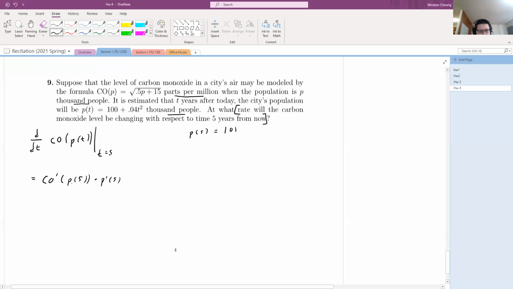Okay. And then, well, you also need to feed this value. So it gets fed into the carbon monoxide derivative function. So we need a derivative. And this prime, this derivative, is with respect to the variable that it's defined for. So this is actually the derivative with respect to P. So this is why I have to calculate dP of CO of P,